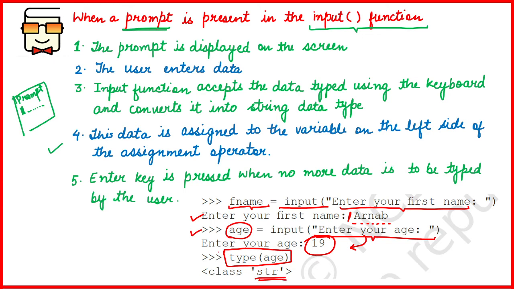Please note that in this particular case, though the user has entered an integer, the data type of this value is integer, it is a number, but still when you check the data type of the data that is stored in this variable age, you will get that it is a string. So you cannot directly manipulate it; you will have to first convert it into an integer or the kind that you want to use in your program.